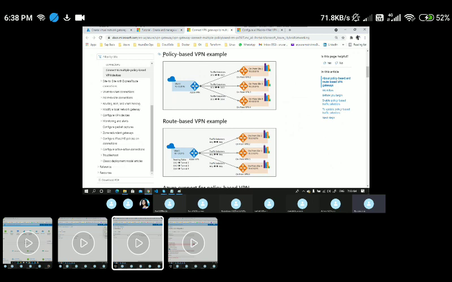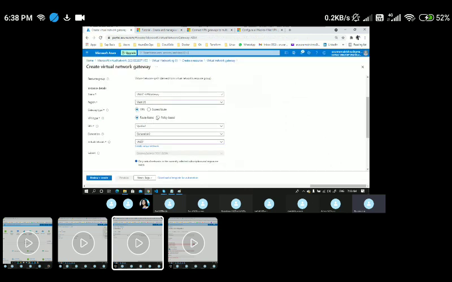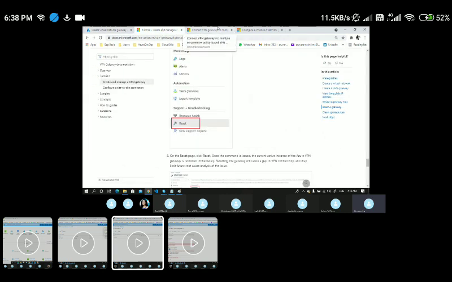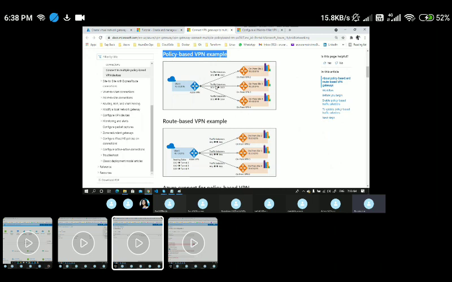When you go with a policy based VPN, whenever you're transferring certain data, the authentication will happen upon the prefixes. Let's say you are connecting two networks, this is an Azure network only, forget about the on-premises network.